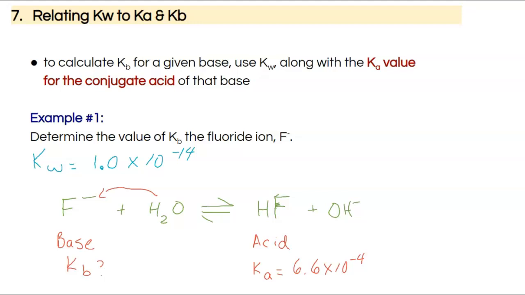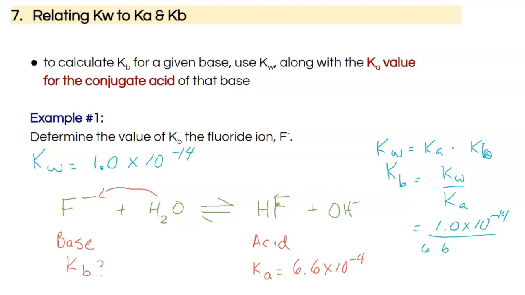So I know that Kw is equal to Ka times Kb, where Ka and Kb are conjugates. So isolating Kb, it's going to be equal to Kw divided by Ka. So 1.0 times 10 to the negative 14 divided by 6.6 times 10 to the negative 4. And I'm getting a 1.5 times 10 to the negative